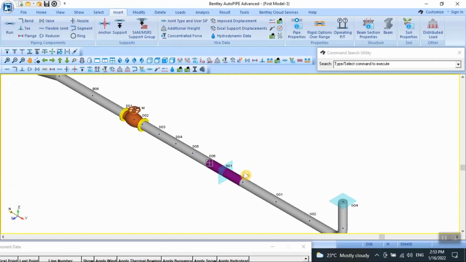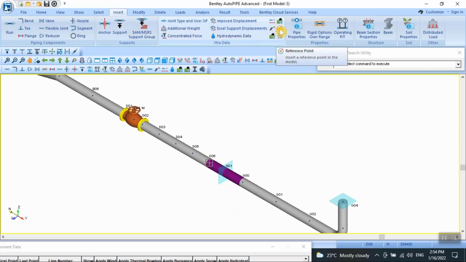Right now we need to insert reference points for the pump nozzle at both suction and discharge sides. We need to do this because we want the software to compare our forces at the pump nozzle between the actual and the allowable moments. In order to do that, we will insert a reference point with specific allowable forces, and so the software will compare between the actual and the allowable forces for these points. We will go to D06